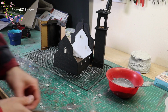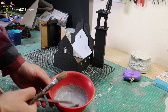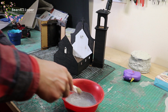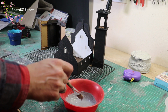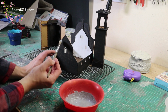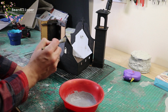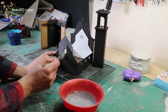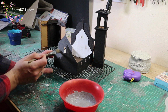What I'm going to do now, I have mixed up quite a watery batch of a grout. So I've got white grout and I've added some grey paints to it, PVA, but no sand this time, so I don't want it to be too gritty. And what I'm going to do is I'm just going to come along and paint this thinly over all of where I've painted black. Now I may end up having to come back in with some white paint and do a wash over this as well, because it might end up being a bit too